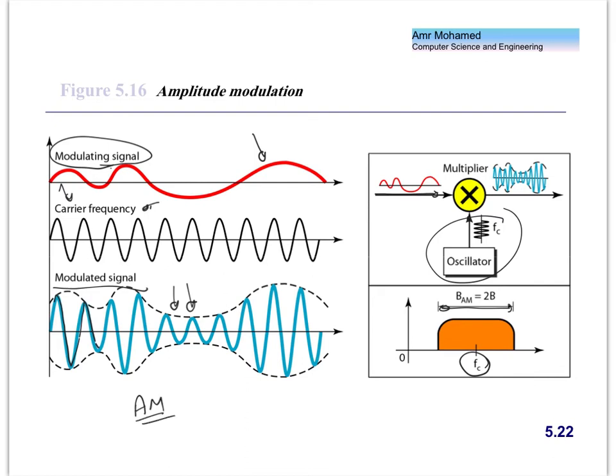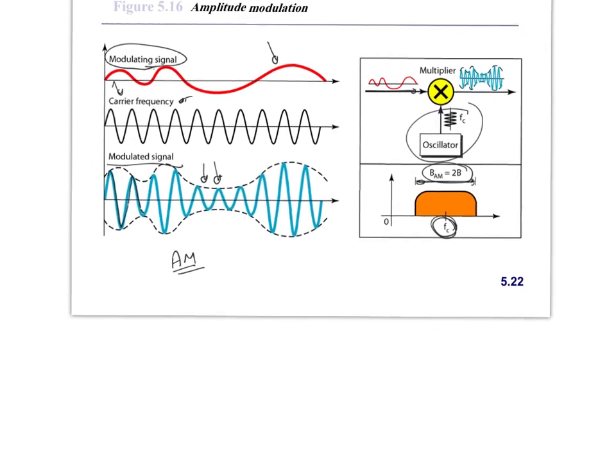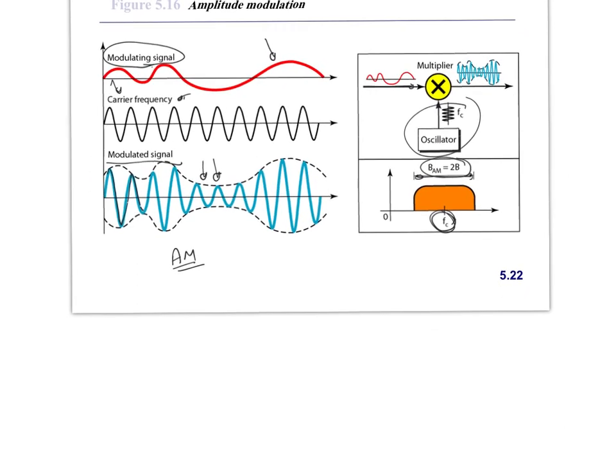Okay, so in that case we did nothing but shift the signal in the frequency domain, right, around the center frequency. Why then has the bandwidth become double the bandwidth of the input signal? Why? The only one who was able to really explain this is Nyquist. Again, I will explain this, but you don't really have to know the details of this. You can just assume that this is given. So for AM, the bandwidth is double. That's it.